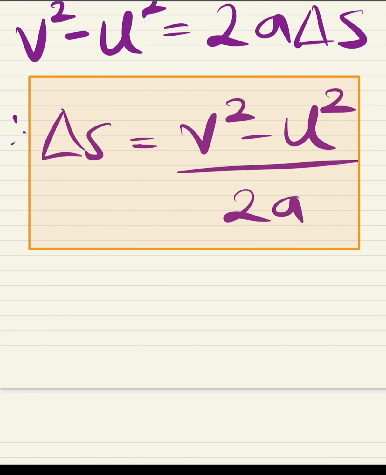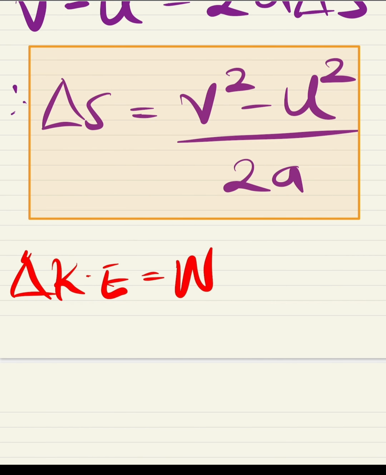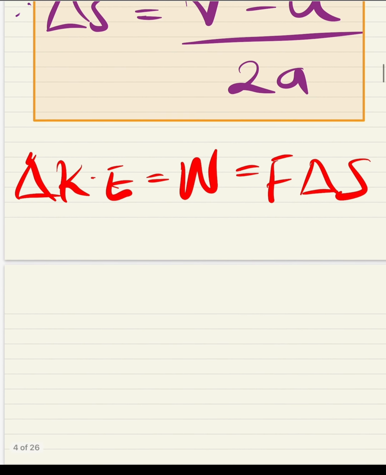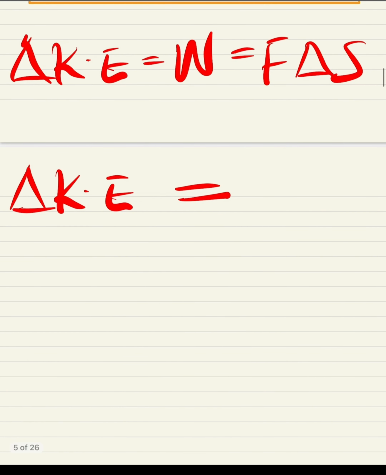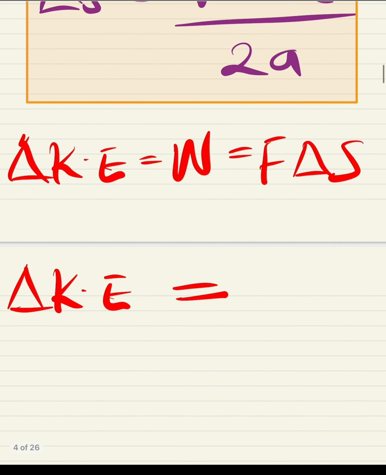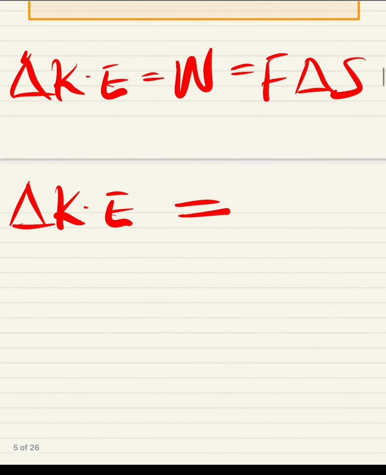And don't forget what we wrote as a change in KE the other time. We said that change in KE will be equal to work, and it will be equal to F change in X, right? So from here we can say change in KE will now be equal to F change in X. Let's consider the F change in X directly. We are just going to be putting the change in X and putting it into this place, right? So if you put it there,